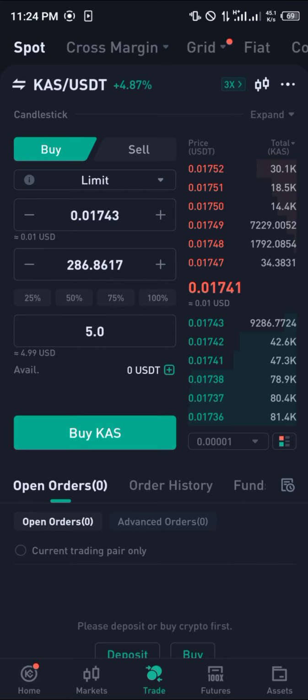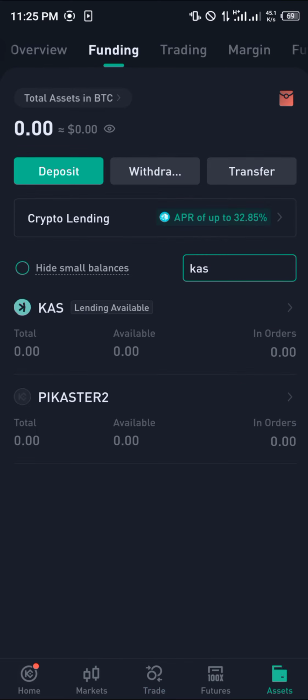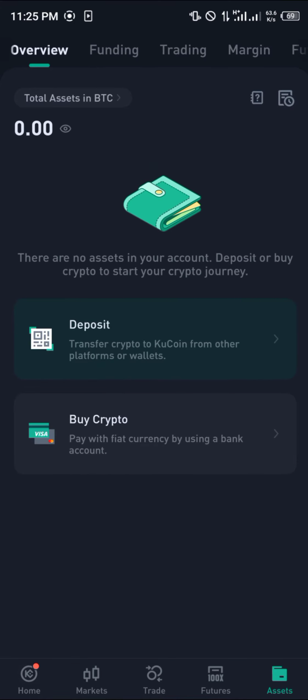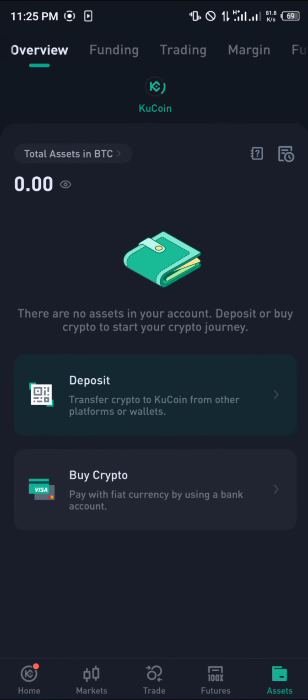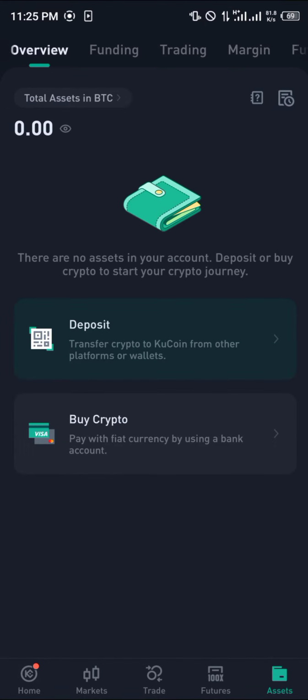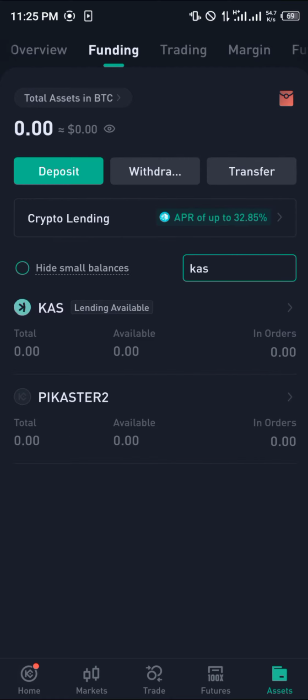So by heading to the bottom right corner of the screen, we are taken to the assets menu where you're taken to your overview. So you'd get $4.99 or $5 in total after the whole Kaspa USDT transaction, which in turn you click on funding, and in